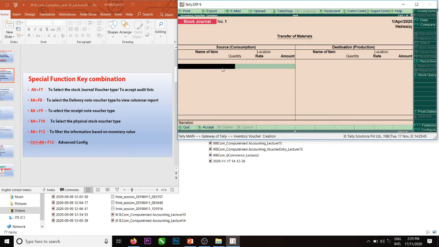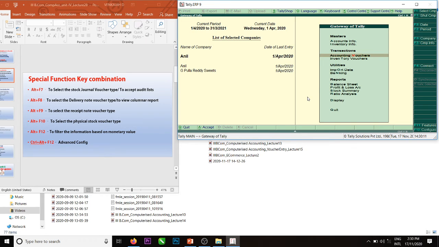You see this stock journal voucher, immediately we got this one. Source and destination. Okay. Then again Alt F8. Sometimes it may not work because of the software which we are using, education version. Then Alt F9.